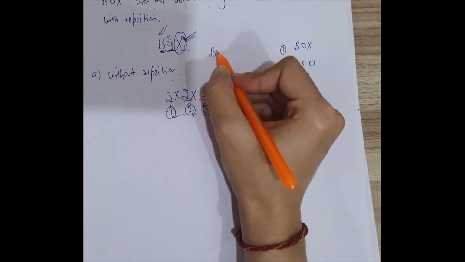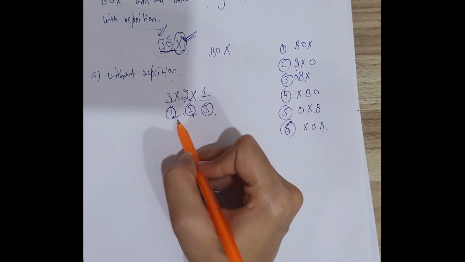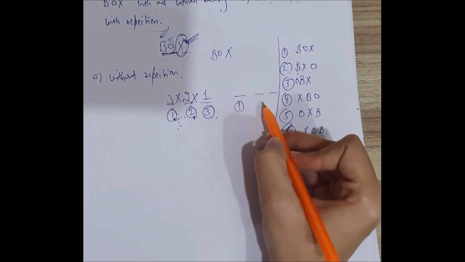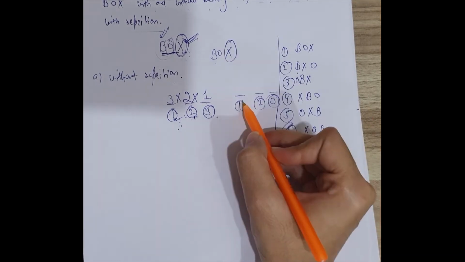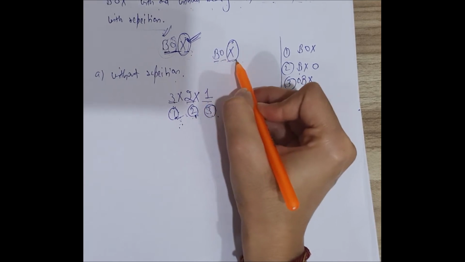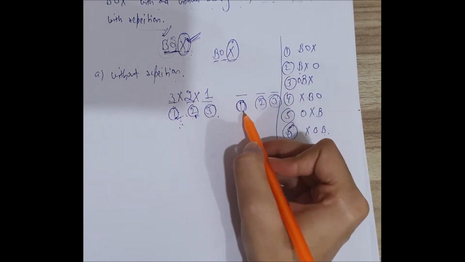I am telling you again. Here this is the word. This is of 3 letters. The new word will also have 3 letters. This is the first letter of the new word, this is the second letter, this is the third letter. In case of the first letter of the new word, we can use any one of these 3 letters. 3 possibilities can be there.